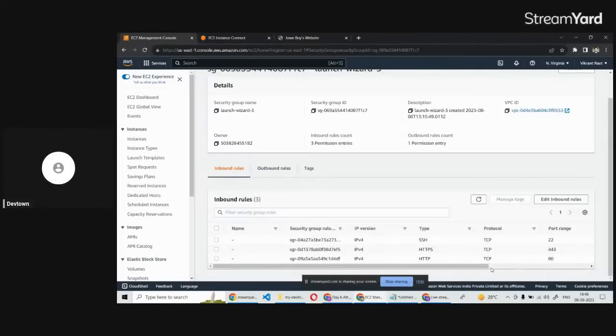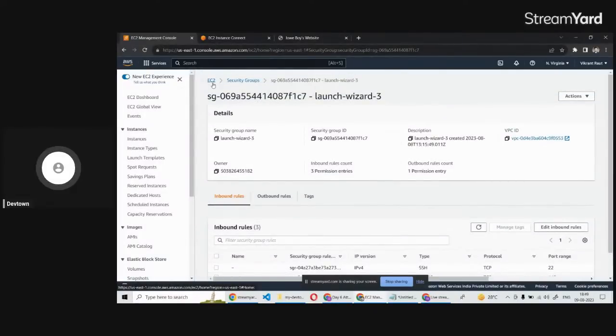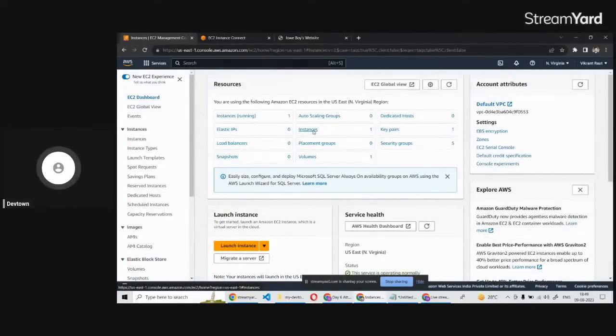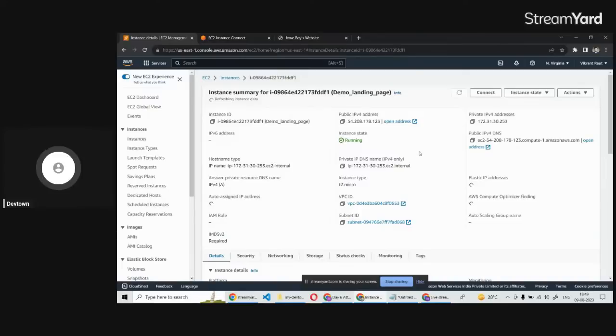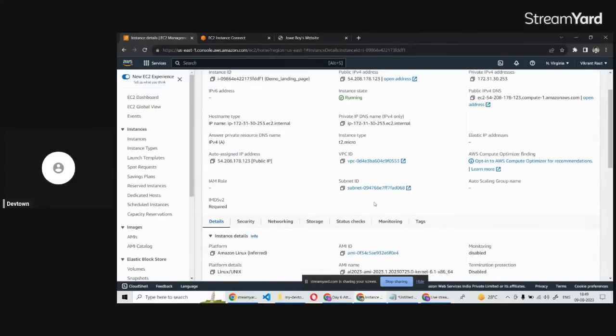Someone is asking, can you tell me what we have done? I think you were not present in yesterday's class. We have deployed one simple application written in HTML and CSS on our EC2 instance. We created one EC2 instance, you can see it over here, with this demo landing page. If you want to check the things we have done in detail,